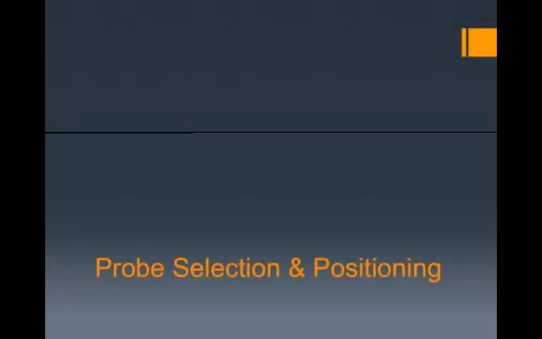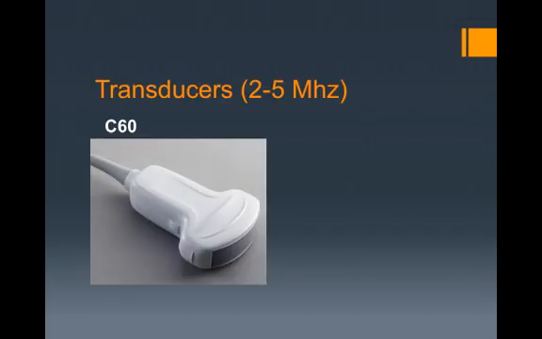We will now discuss probe selection and positioning. The curvilinear abdominal probe, the C60, with a frequency ranging from 2 to 5 MHz, is ideal for examination of the gallbladder. The lower end of this range may be necessary for sufficient penetration in larger patients. However, sonographers should increase the frequency whenever possible, as the evaluation of gallstones, wall thickness, and pericholecystic fluid is significantly